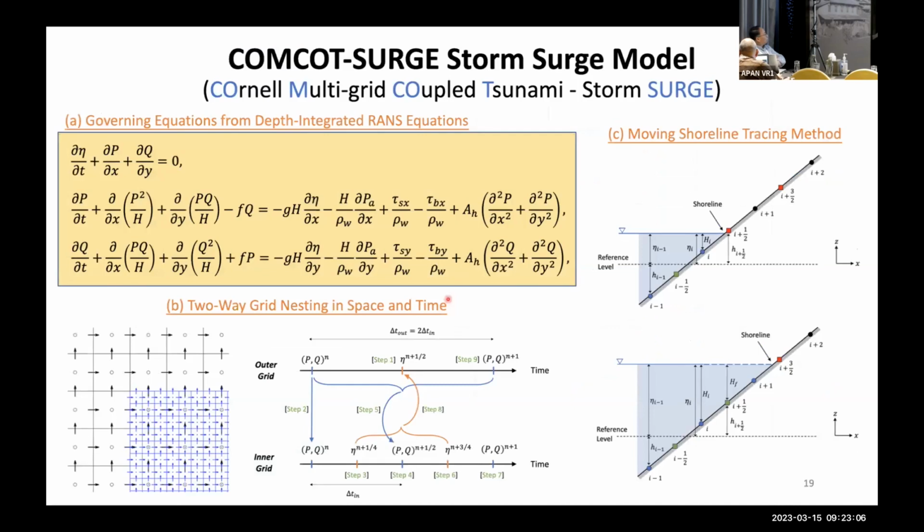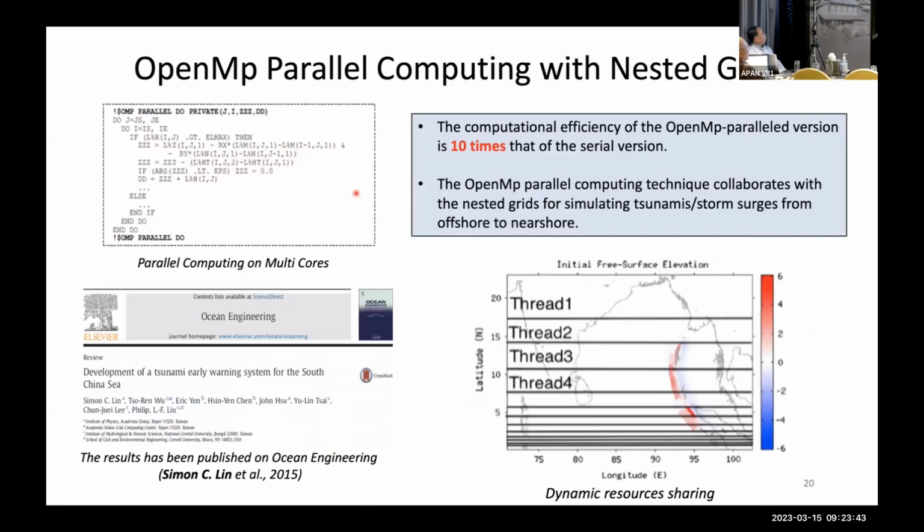And now the model we are using is the COMCOT storm surge model. This model solves the depth-integrated shallow water equations with the sea level pressure gradient, wind shear stress, bottom friction, and horizontal eddy dissipation terms, with the grid nesting function and the shoreline chasing method to calculate inundation, and tries to use appropriate grid sizes and domains to calculate storm surge from the ocean to the coast. We also adopt OpenMP parallel computing with nested grids, which improves our efficiency by more than 10 times over the original serial